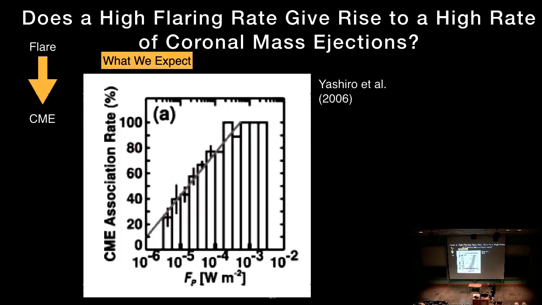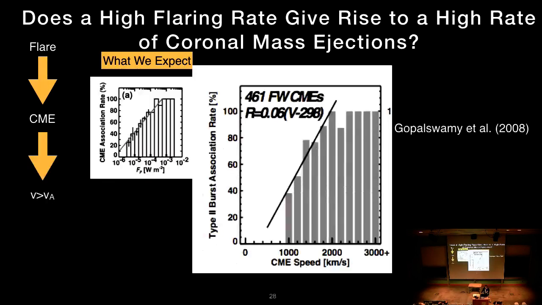So if a flare occurs, we're assuming that a coronal mass ejection is going to happen with it. This is an association plot for solar flares, and just showing that for very energetic solar flares, you almost always have a coronal mass ejection. The most energetic coronal mass ejections are traveling through the atmosphere of the star very quickly. If they exceed the local Alfvén speed, they can drive a shock. And this is a plot just showing the distribution of CME speeds. Some of the fastest ones are traveling in excess of several thousand kilometers per second. And they produce an MHD shock.